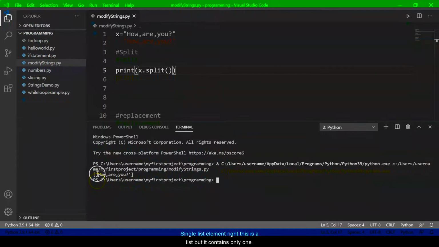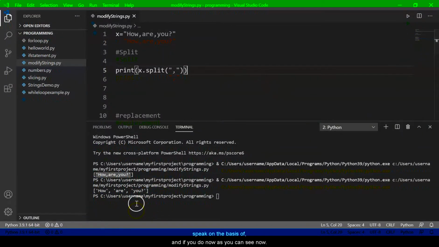This is a list but it contains only one entire string, so the split has not happened. If we want to get individual words separated by comma, in that case I should use comma as my splitter. On what basis do I want to split? In this scenario I want to split on the basis of comma, and if you run it now, as you can see, you got a list which contains 3 elements: how, are, you. So these are individual words.